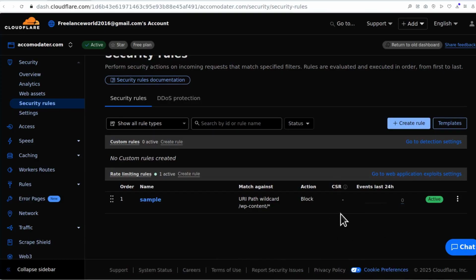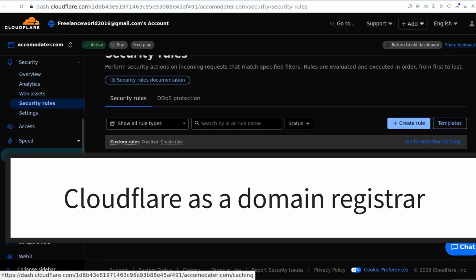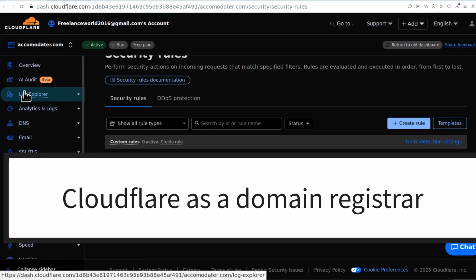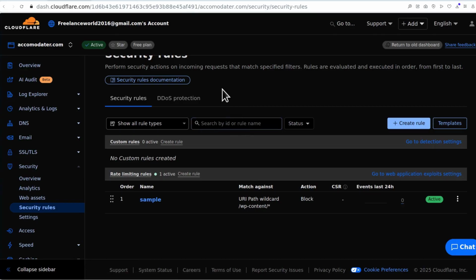If you come here the next day, you can check if this rule was matched to any traffic to your website. So that's just some sample rules, various security things that you can do on Cloudflare. Something else you can do on Cloudflare is buy domains. If you want to buy registered domains on Cloudflare, you can do so. Just click there on